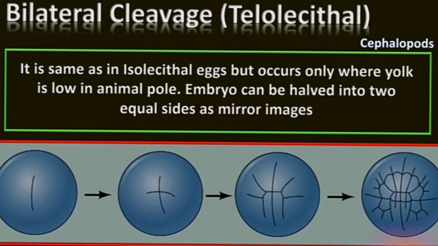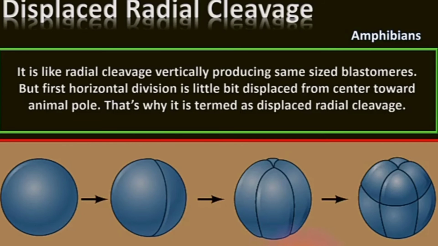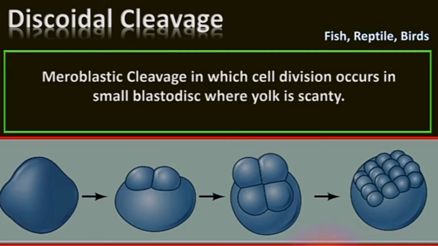Cleavage in macrolecithal eggs. In the eggs of certain fishes, reptiles and birds, cleavage becomes inhibited more and more. Here only the cytoplasmic portion at the animal pole divides and the rest of the egg does not divide. Such a cleavage is incomplete and said to be meroblastic. In marine fishes, cleavage starts at the animal pole and the cleavage furrow reaches toward the vegetal pole. In extremely telolecithal eggs, for example of bony fishes, reptiles and birds, the cleavage is confined to a disc of cytoplasm. It is said to be meroblastic and